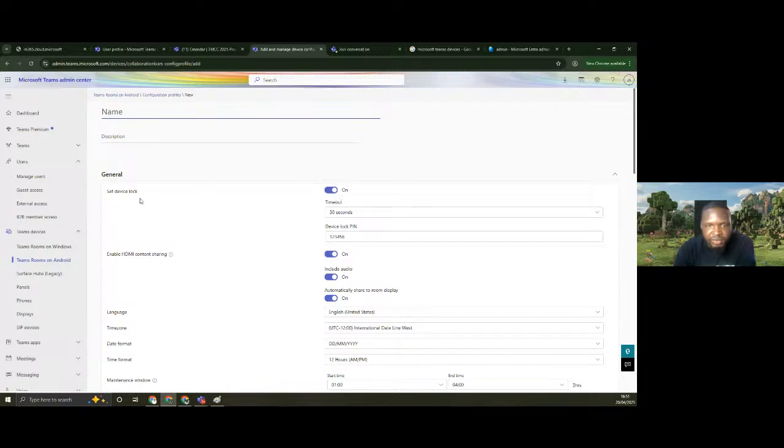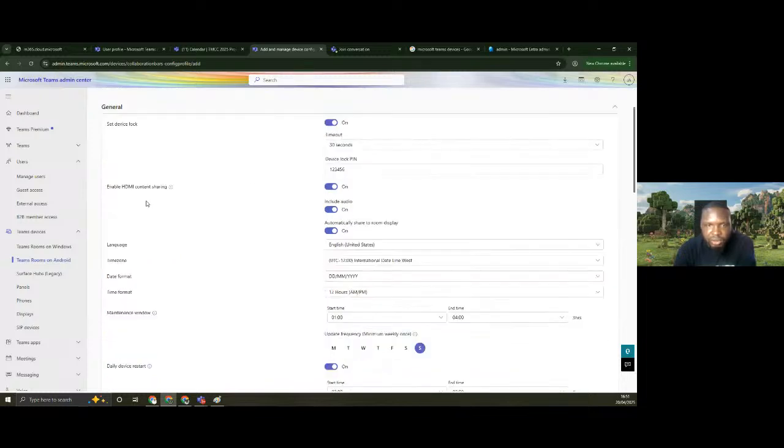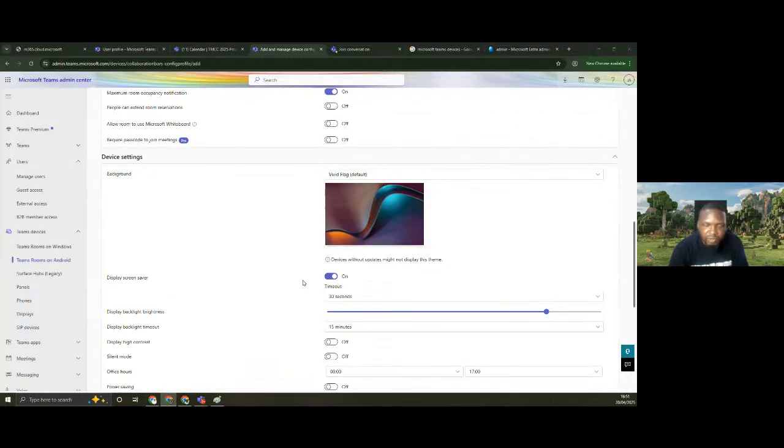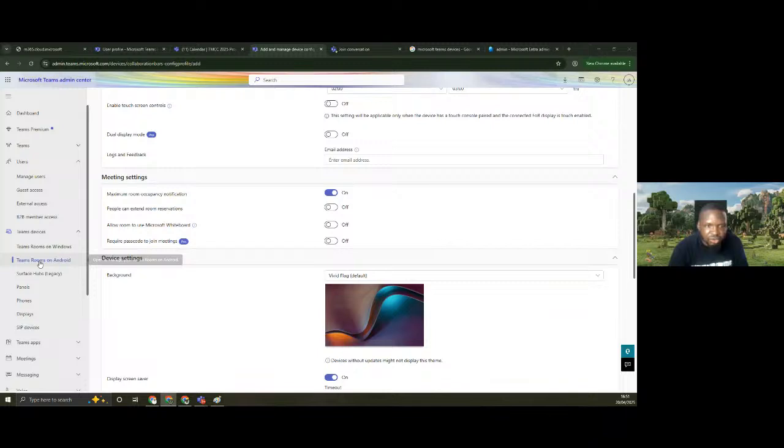You can set the device lock, and you can also enable HDMI content sharing. So these are what you can set for your Teams room on Android.